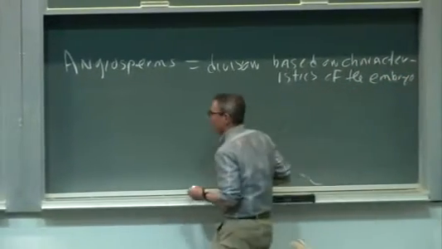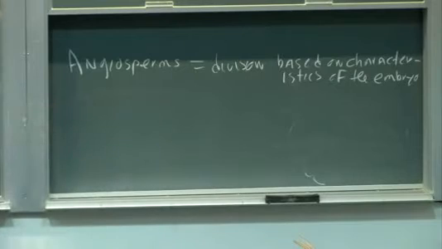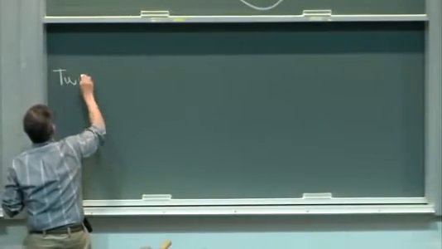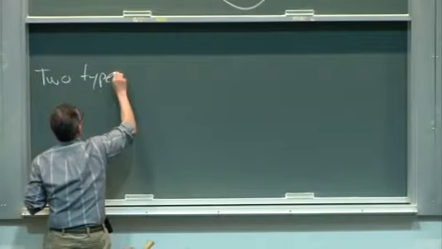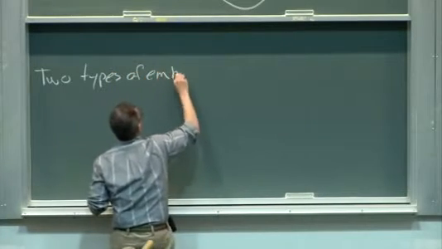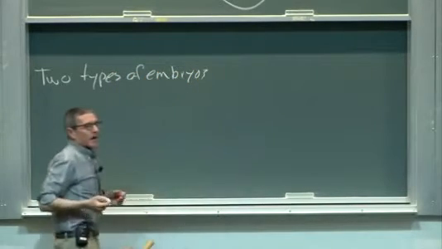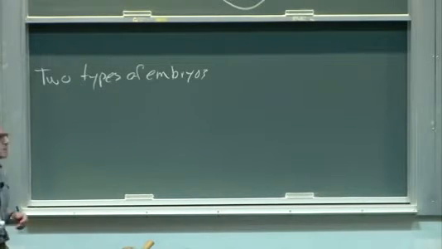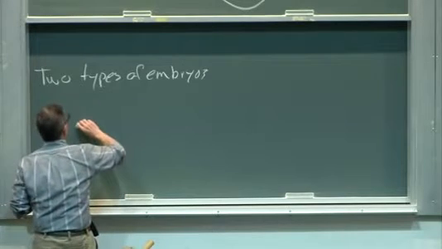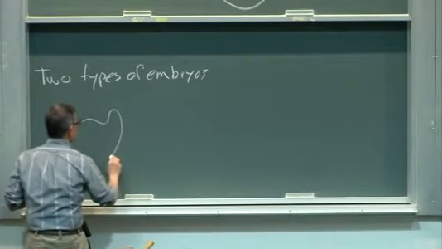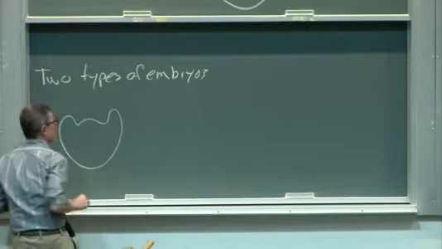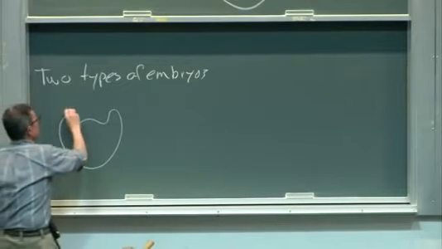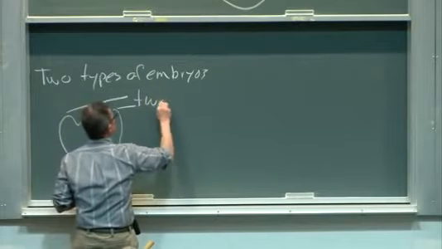That is, the embryo inside of the seed. So let's start by saying that there are two types of embryos. And I'll draw the first type, and then we'll label the parts, the structural parts that are important for our understanding. The first type of embryo, which we see in the seed, and don't worry about the preciseness of the drawing, there are a couple of things I want to indicate, has on it two bumps